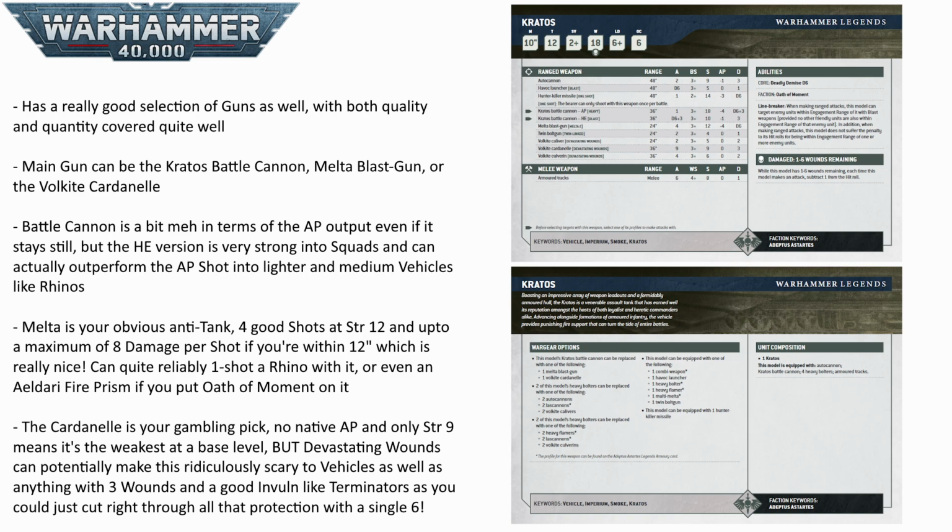So this is really good at taking out armor, and again, as I said, especially if you tie it in with Oath of Moment, you can get a lot of hits, you can do a lot of damage, and if you are within 12 inches, you can very reliably take out anything up to sort of like heavy tanks quite well. If you like to gamble a bit more though, and you like the game of fishing for sixes, then